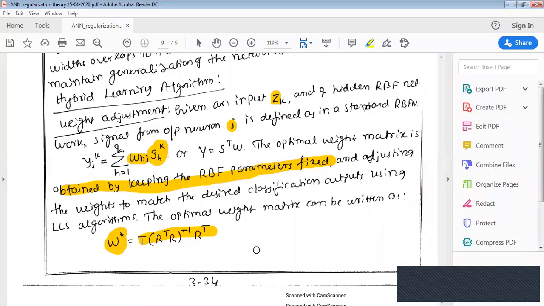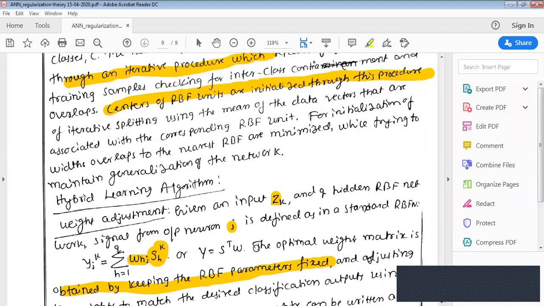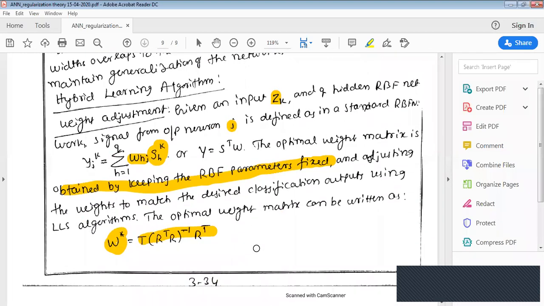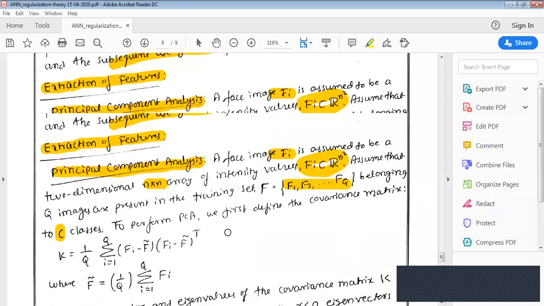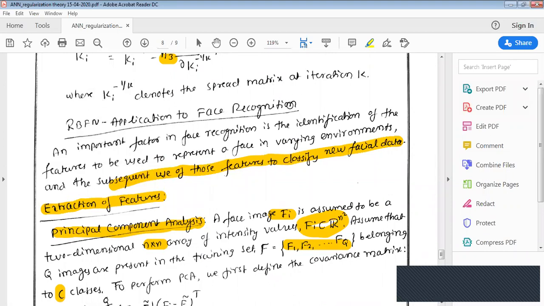Okay, so any doubt till now? Sir, will it be given as short notes, sir? Huh? Short notes. Which one? This hybrid and all. But the hybrid learning algorithm is only less than half a page in the textbook. Okay. But what I presume is, see here, this is entire, this is a single one. See here, application to face recognition is one question. Yes, sir.